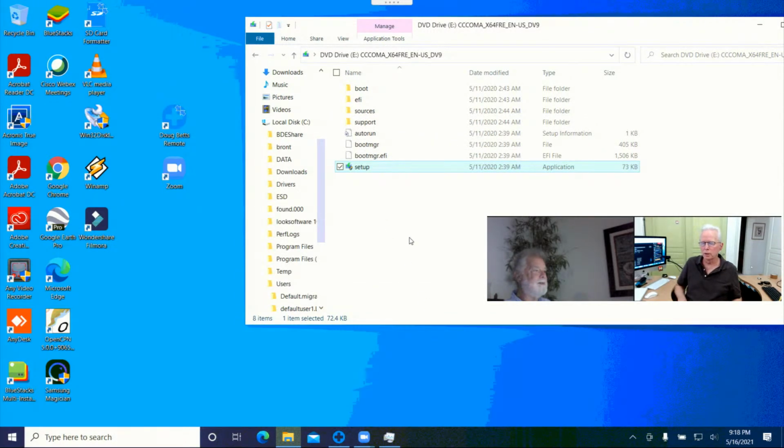Now, let me ask you this. In your most recent attempts, have you figured out how long it takes before it gets to that point where it reverts? The first part, it says updating, do not turn off your computer, and it starts updating, and it goes very quickly. It gets to 100% in under 4 or 5 minutes. Right. Then it reboots, and then the type font changes to a smaller font, and it says updating, do not restart your computer, the PC will restart several times, and that takes about maybe 15 or 20 minutes. All right. And when it gets to 28%, it tries to reboot, and then it says that it cannot reboot. It says